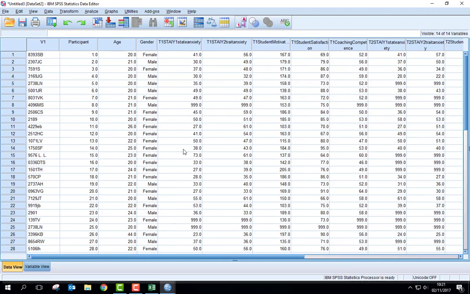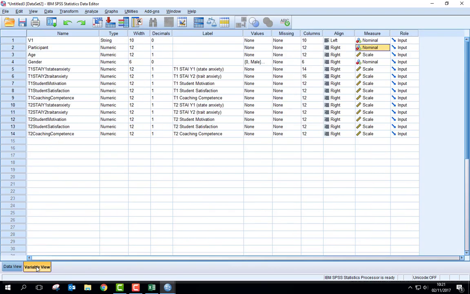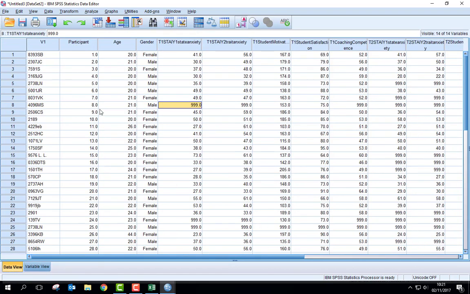So what are we going to do about this missing data? Now, by default, if you had a blank cell, SPSS would treat that as something called system missing data. But what we've done is specified that it's missing. So we need to tell SPSS to recognize anything entered in this view on these variables with the value 999 is to be treated as missing data. So we click on the variable view,